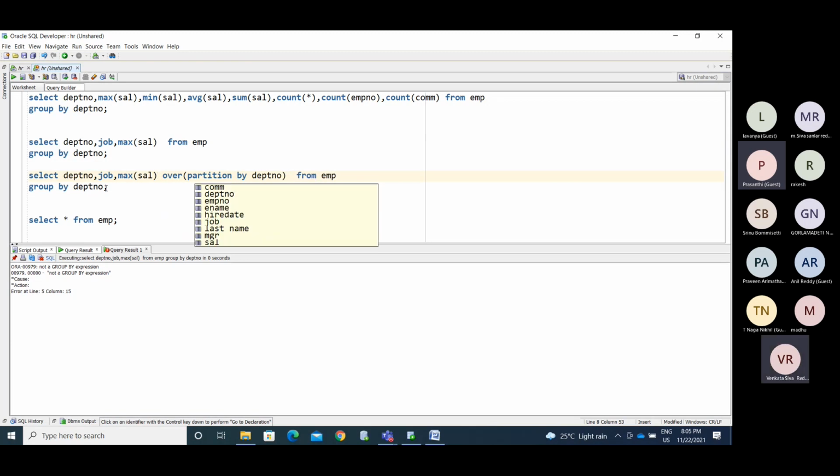To use that, we no need to use any group by clause. Whatever things we use in the group by clause, use in the partition by clause. So we use the non-aggregated columns here, and this is the aggregated column value. Now see whether it will work or not.